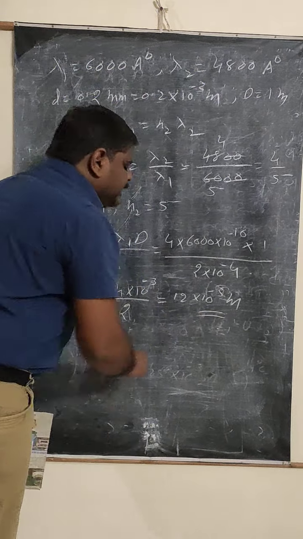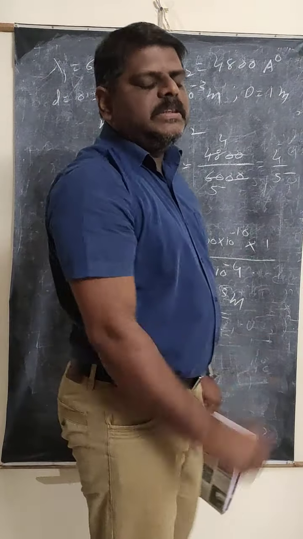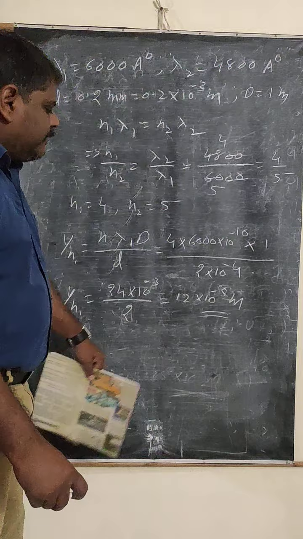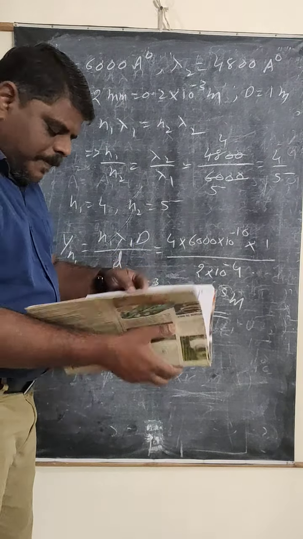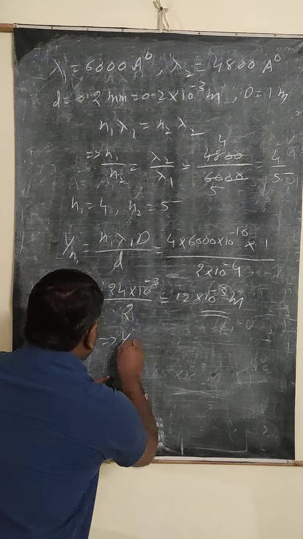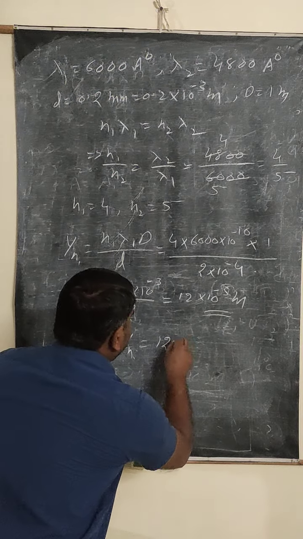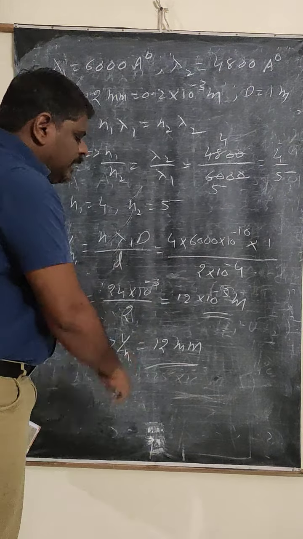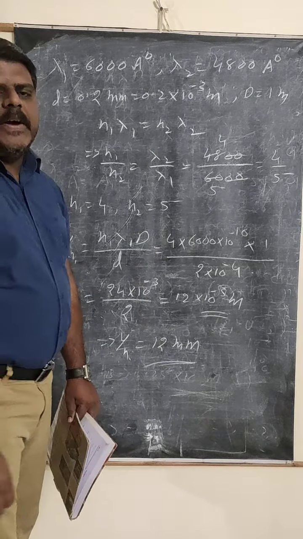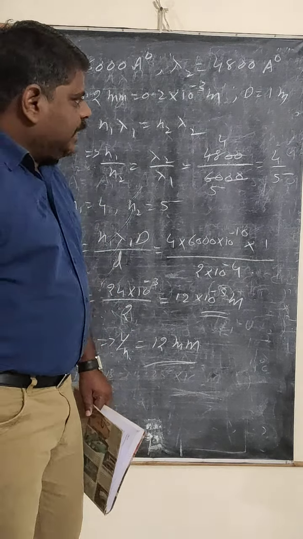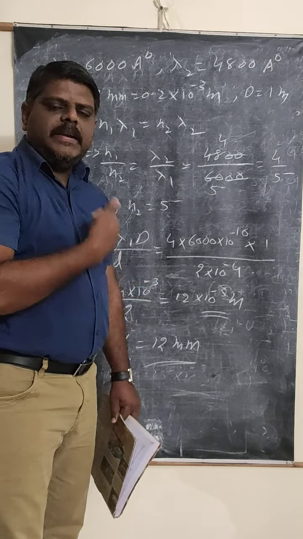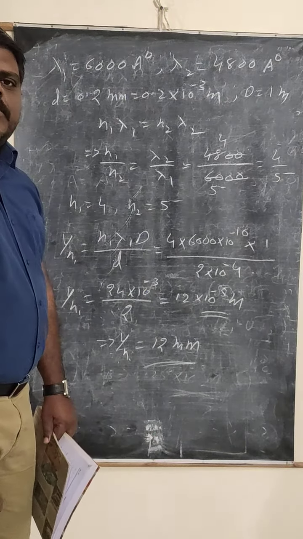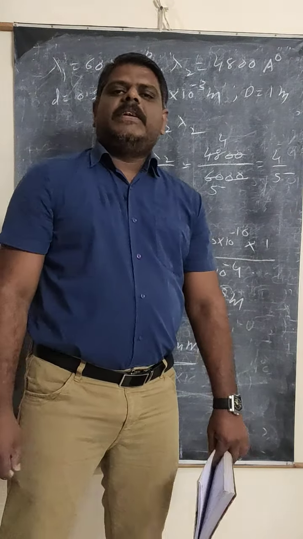So this is the distance of the point where the two bright bands are going to coincide. If I write it in millimeters, it will be written as 12 millimeters. So Yn1 is equal to 12 millimeters, because to convert it into millimeters you have to multiply by 1000. This is the answer. You will get the same answer if you use N2 lambda 2 also, because at the same distance the 4th bright band and the 5th bright band coincide. So this is a very important problem. Many times it is asked in the examination for 5 marks questions.